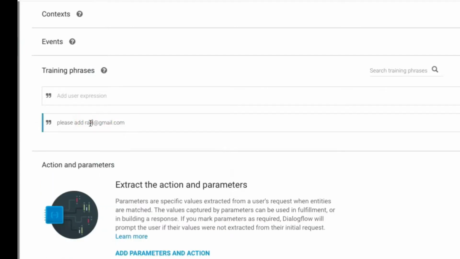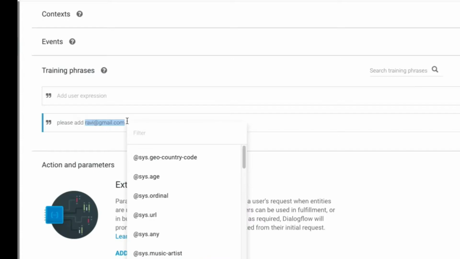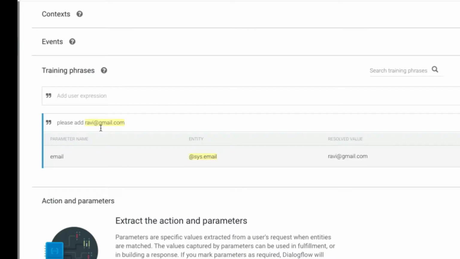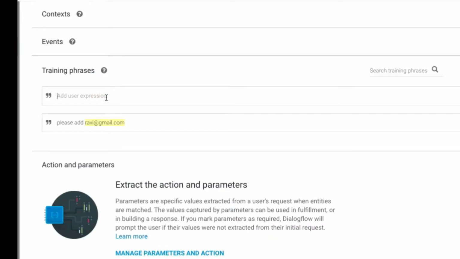Now I'll mark it as the entity because we need to extract it from the user input, right? There is already one available entity called sys.email. Okay, so here you can see the entity has been added. Let me add a few more phrases also. Please add new